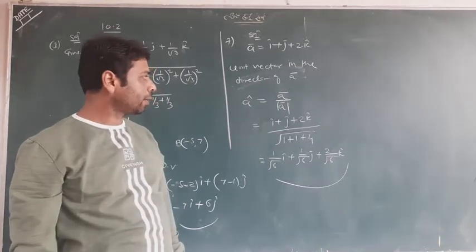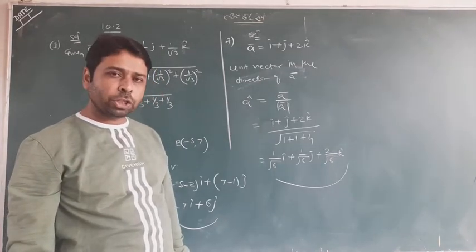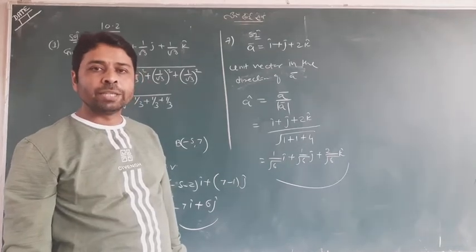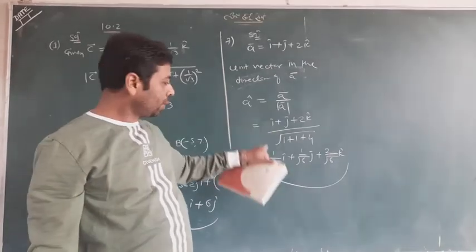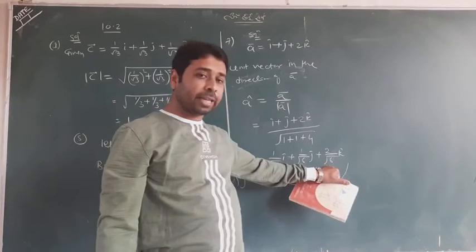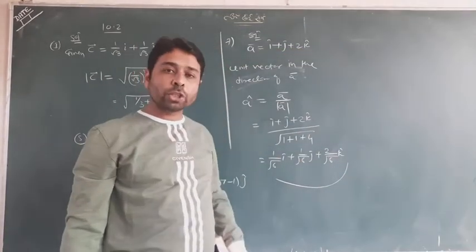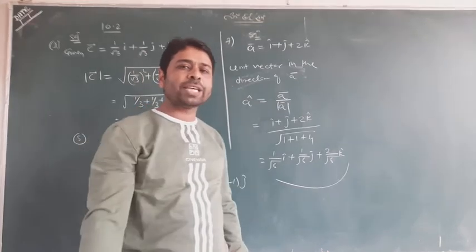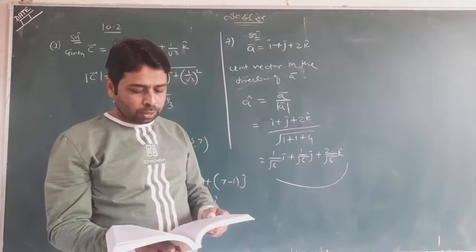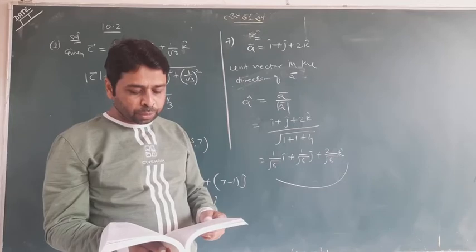This is a simple thing. I want to pull your attention towards direction cosines. In the case of the unit vector, these are l, m and n, and in the simple vector, 1, 1 and 2 are the direction ratios of A. And this is extra knowledge I just gave you.